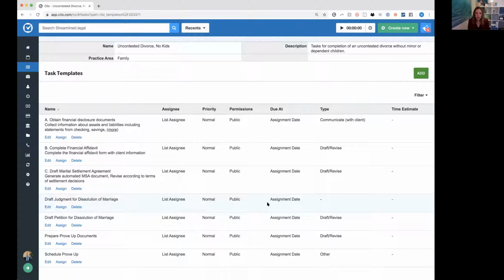We want to make sure that we're indicating who's doing what by when, and then we're going to put those into a list. And again, with litigation, it may be smaller lists. Transactional, it may be longer lists because it follows more of a pattern. What this is going to do, by the way, when you're making these lists, make sure to include steps that